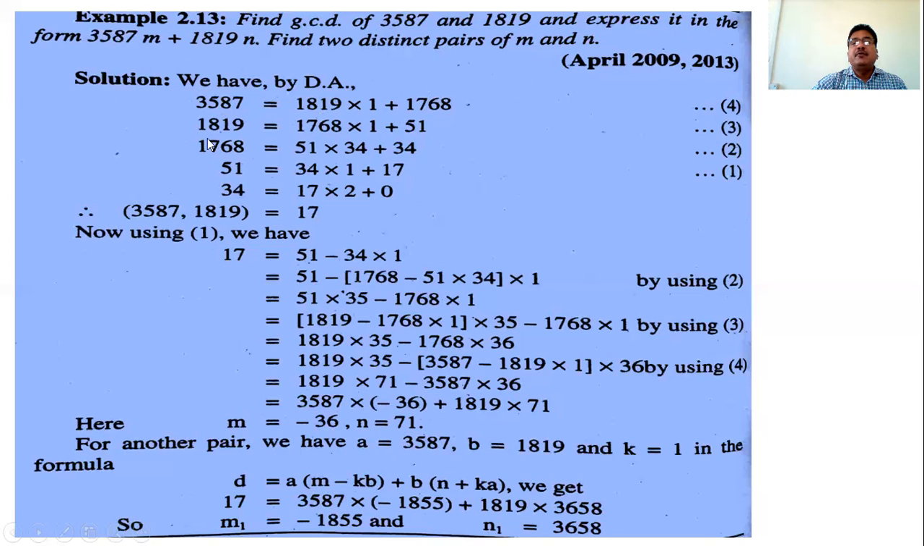This greatest common divisor 17 is to be written in the form 3587 into m plus 189 into n. That is where we have to find the integers m and n. So we start from the second last